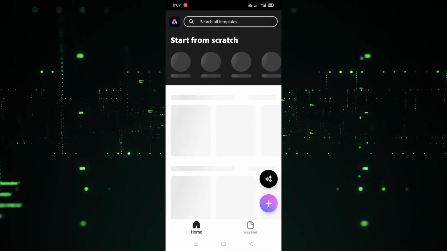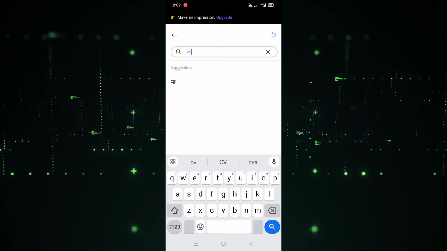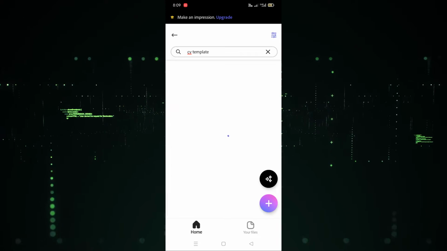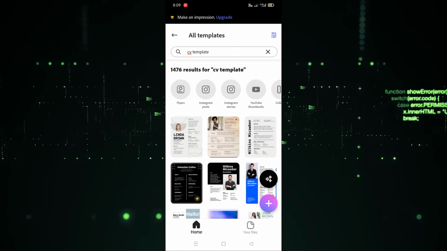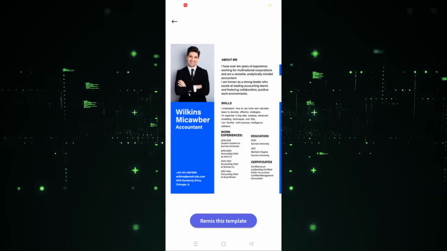Now simply we have to click on the search for all templates, and now we have to search for the CV. For example, I'm going to write the CV resume here, and the templates will be here. So as you can see, I have searched for it, and now all of the templates will be displayed here. Now we have to choose which template we want to use. For example, I want to use this one, so I'm going to click on this, and as you can see,